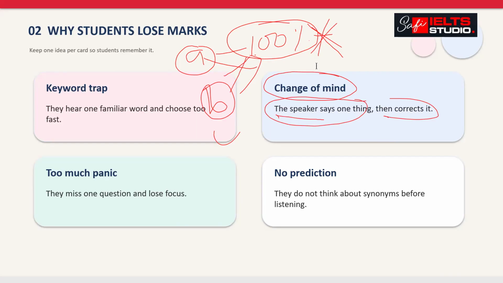Most of the time in IELTS listening, students rush. When you rush, when you don't listen to the speaker properly, you do not focus, you do not let the speaker complete the idea, complete his words, and you just mark it, that's a big trap and you will get zero for that. So make sure when the examiner changes his mind, you catch the examiner, okay? If you don't catch him, the way he changes his mind, what words they can use to change his mind, I will give you later on, after this slide. So change of mind, be careful.